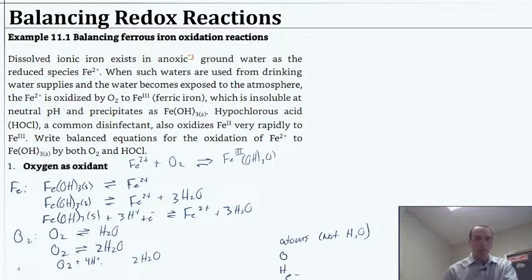Just make a little more room. Okay, and we can check the change in oxidation state. Oxygen on the left is 0 state because we've got pure elemental oxygen, and on the right, H2O, each H should be a +1, the oxygen should be a -2, so it's a net change of 2,